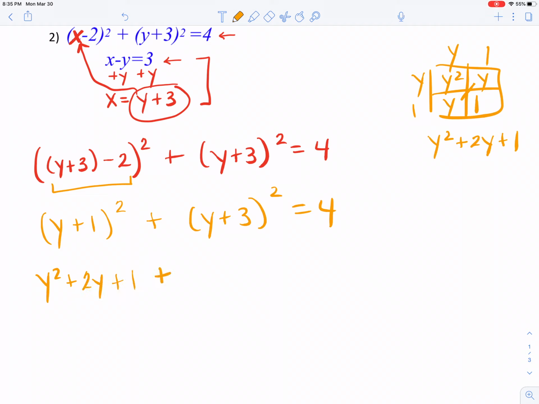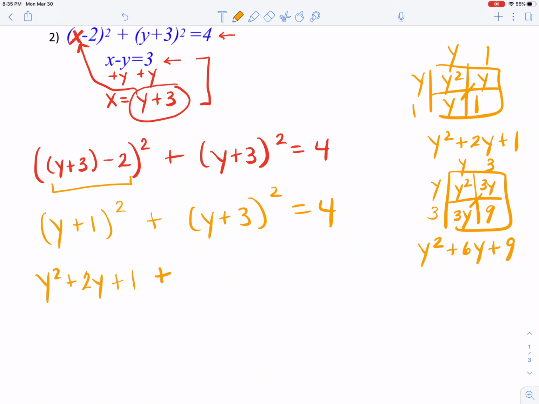Plus sign comes down, and now I'm going to square the y plus 3. So I have y plus 3 times y plus 3, y squared, 3y, and 9. And then simplify the like terms. I get y squared plus 6y plus 9. And that's going to replace the second binomial squared. And then in the same step, I'm going to subtract 4 from both sides so that I have my equation